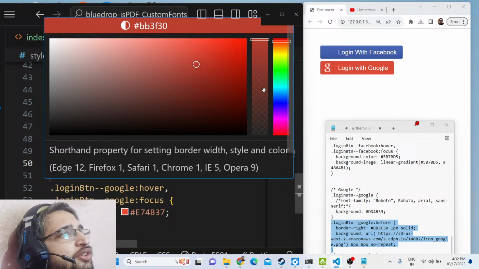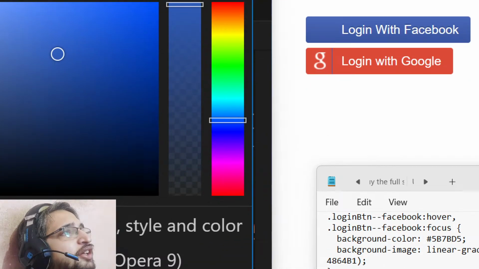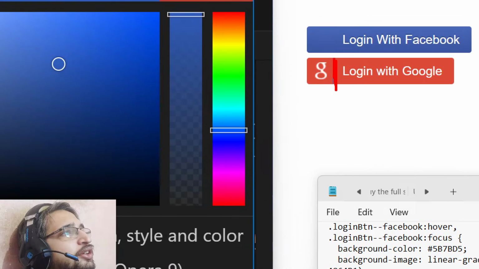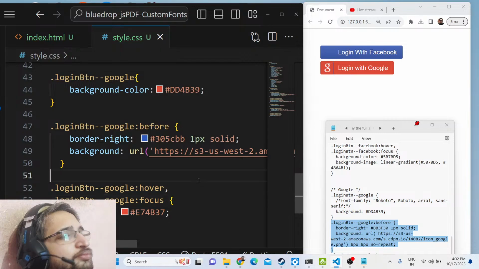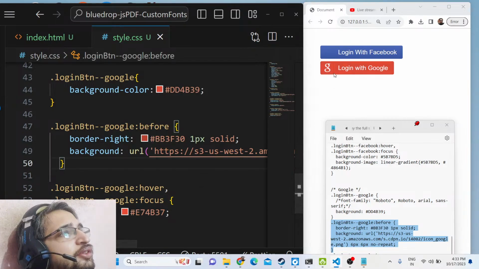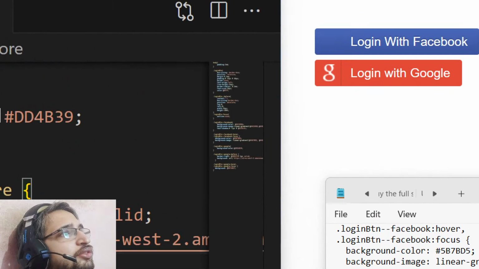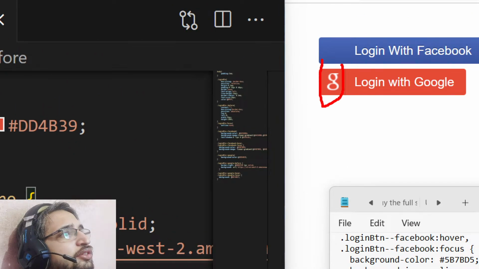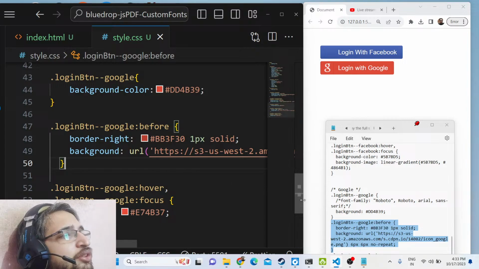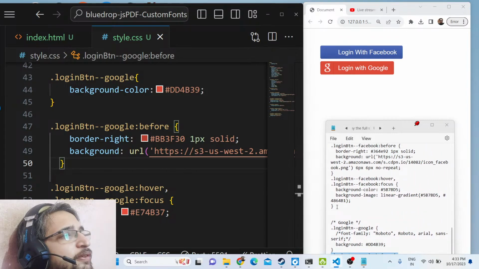You can change this color to any color of your choice. This is the color of the border here. The color here should be red, so you can see that. We have given this icon, which is the Google icon, and we need to do a similar thing for